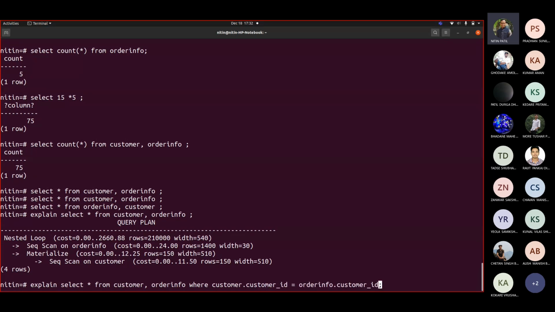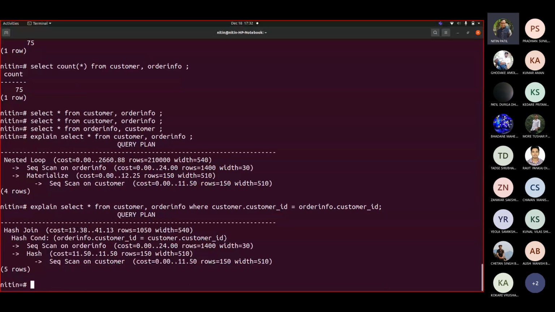If I write this, then I can see that my plan was changed. Now it is not sequential. Now why did nested loop come into the picture? Can somebody tell me why? Because you saw what the approach was: one record was kept common and the remaining records were picked. So it is like executing this in a loop. Keep the first record common, pick all records from the second, then take the second. So it is an outside for loop. Nested loop, a loop within a loop.